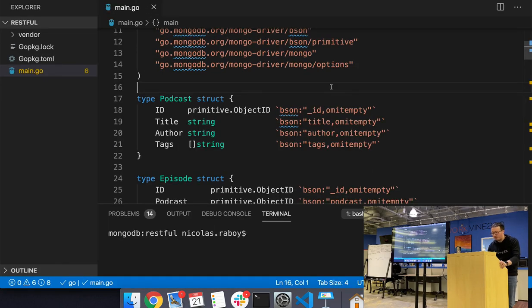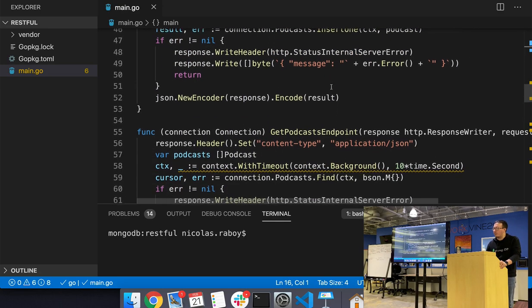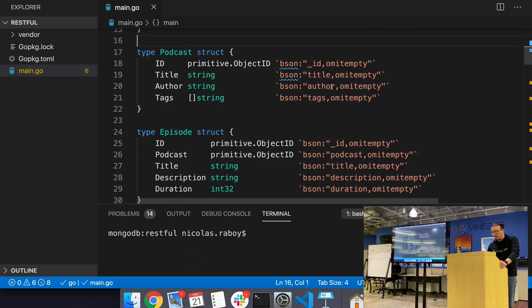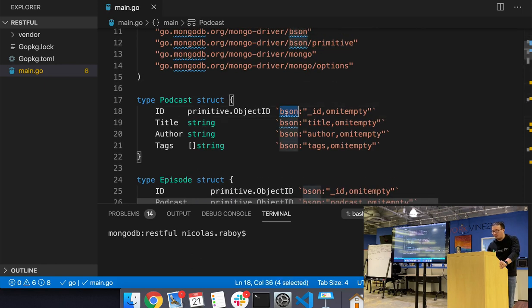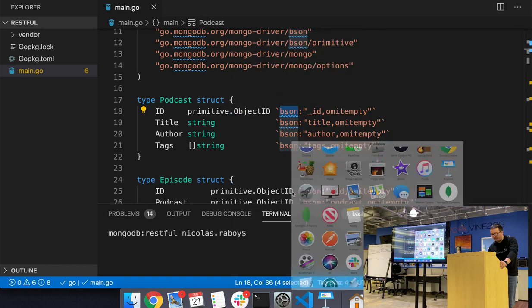So there's no trickery here. It's exactly what you've seen for the application that I just talked about. What you'll notice here, though, is I'm not including any JSON annotations, and you'll see where that becomes relevant in a second. But if I open up Postman here,